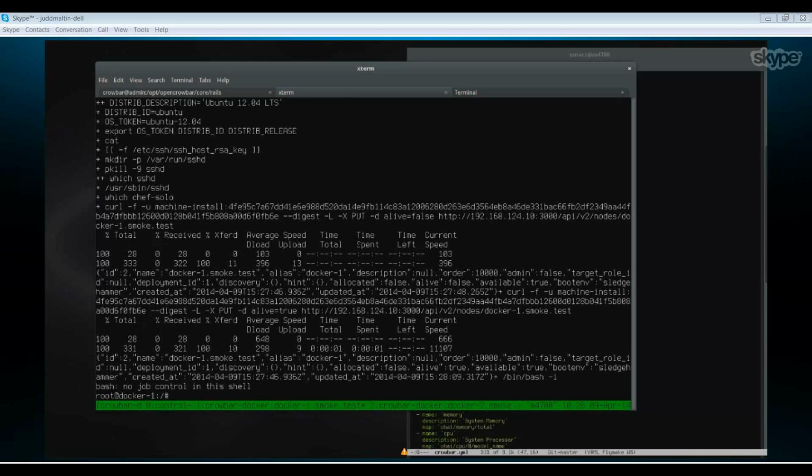So what happens is I create the node via the API, bind a role called Docker contain or Crowbar Docker node to that node. Then I commit that node, and that is enough to tell the annealer that it needs to do stuff, and it will detect that I want to make a node that needs to transition or make a Docker node. And on the back end, there is a role called